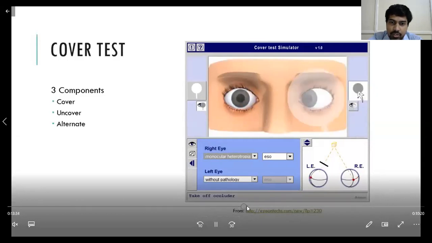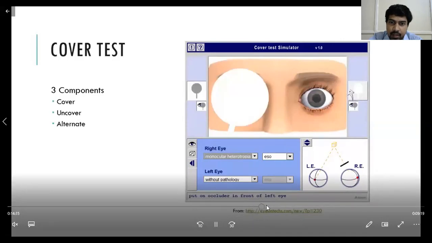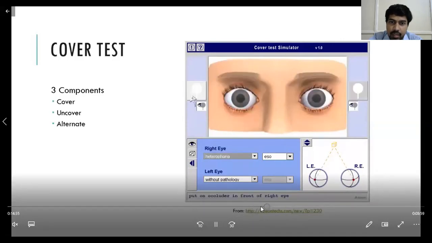This is all a little confusing. You have to read twice or thrice and go through this video again and again so that you can understand. Here everything is given in this description, so nothing to get confused about. Next, heterophoria. So we have three entities. One is heterotropia, next is alternating squint, and the other is heterophoria. I told you about heterotropia and alternating squint. Now we'll see about heterophoria.